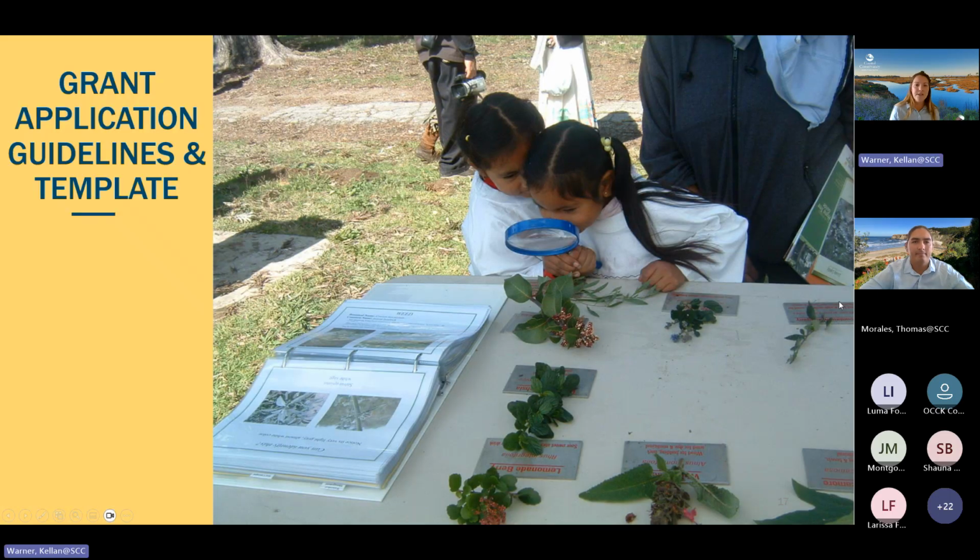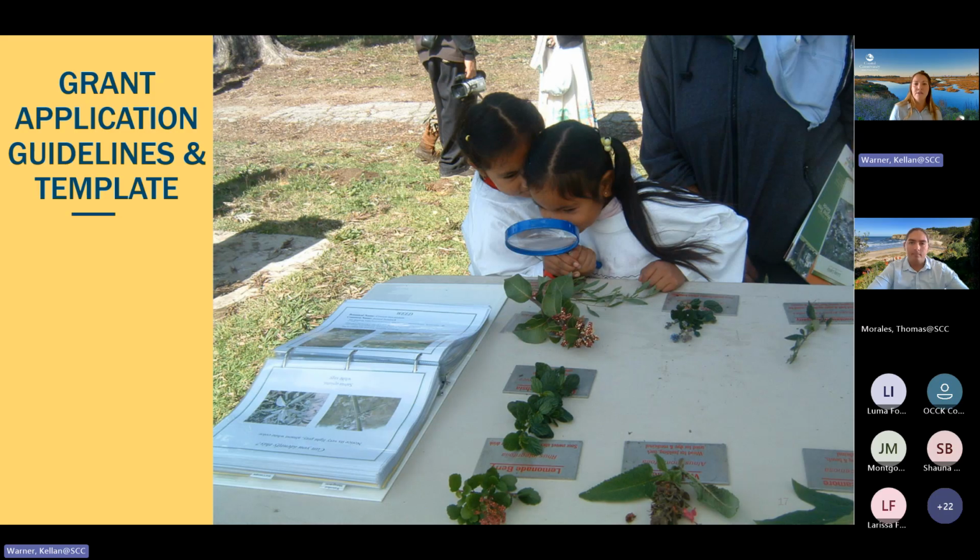Okay, so we're going to do a little bit of a deep dive into the grant application guidelines and template. The guidelines are meant to provide more detailed information and complement the template. So I encourage applicants to read through the guidelines before they even begin to fill out the template, just because it's a useful document and we update it yearly. Both the guidelines and the template